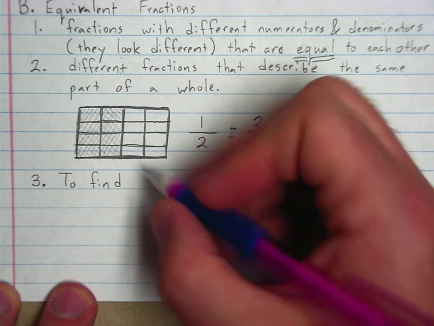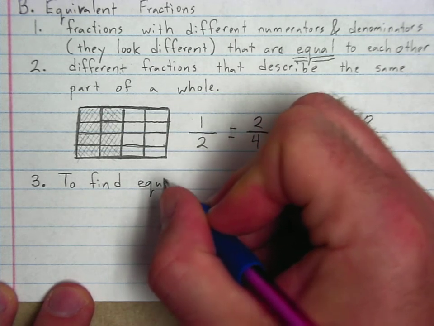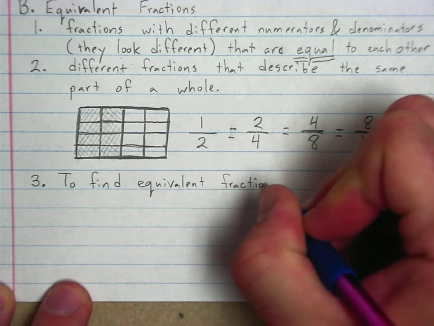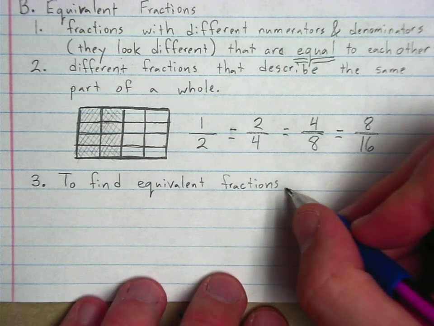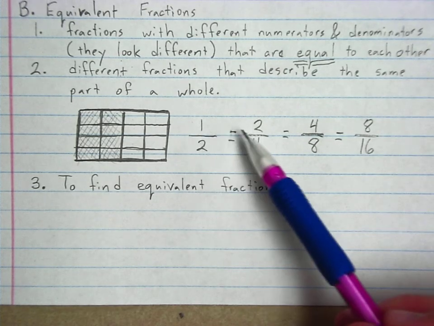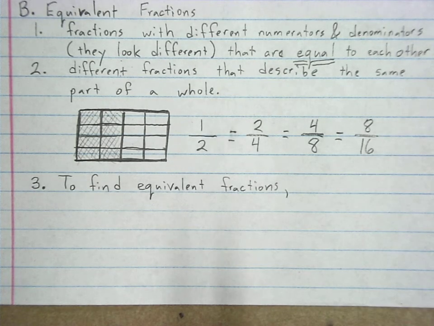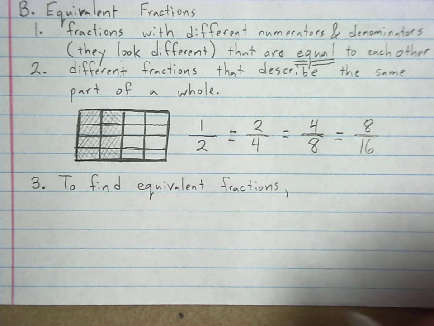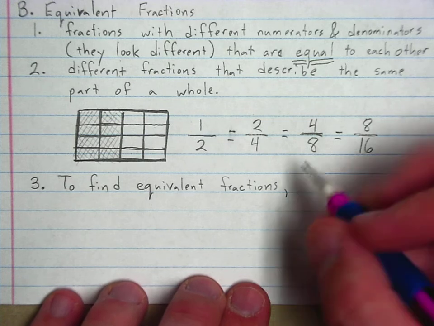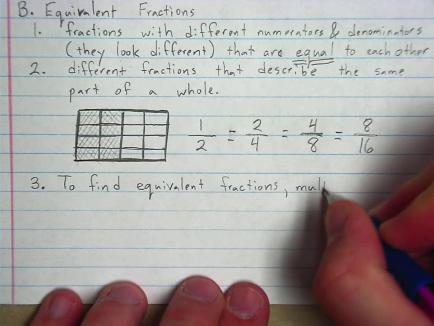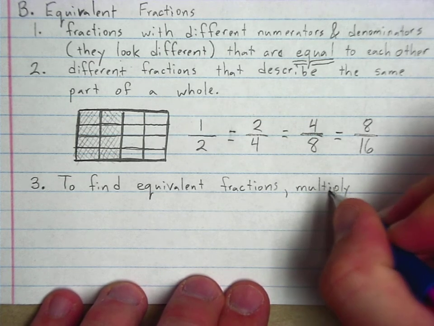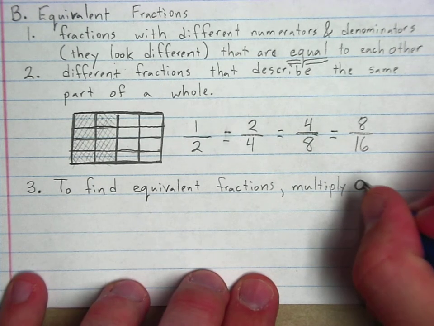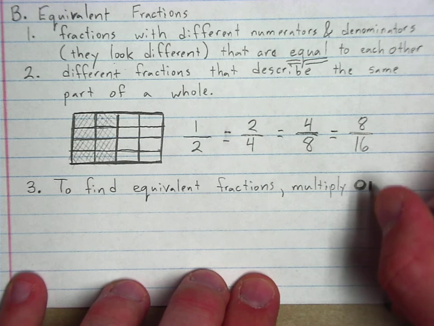To find equivalent fractions. And you may already see the pattern that's happening here on this one. You might already be noticing there's a bit of a pattern going on up here. To find equivalent fractions, multiply, that's the easiest way that most people will choose to do it, or